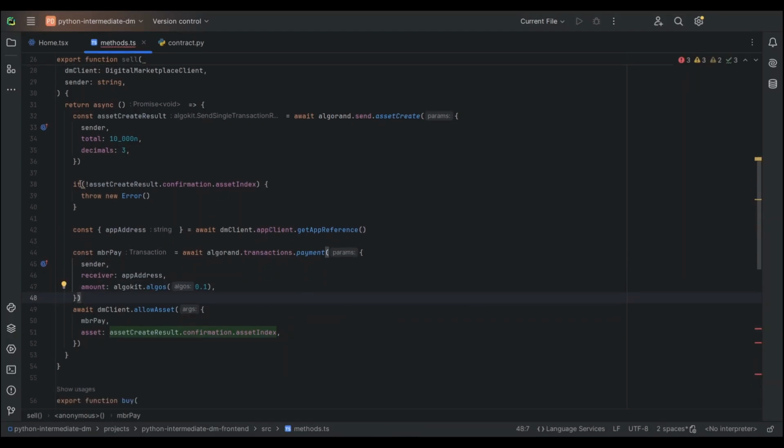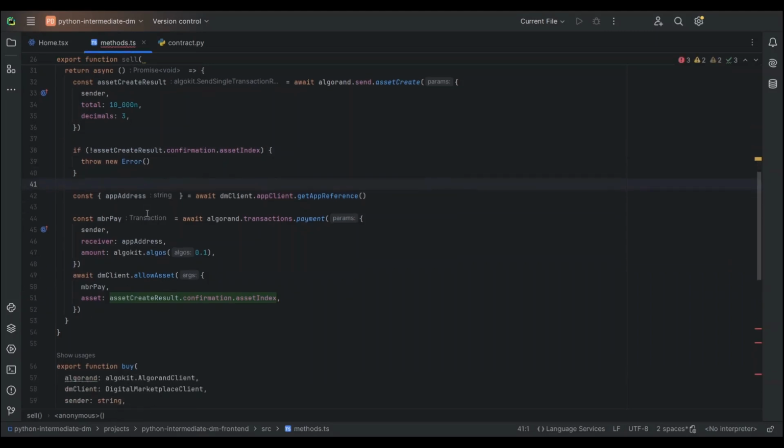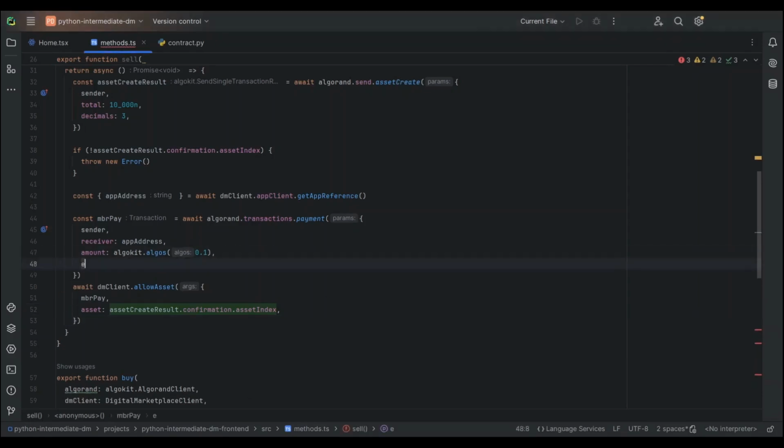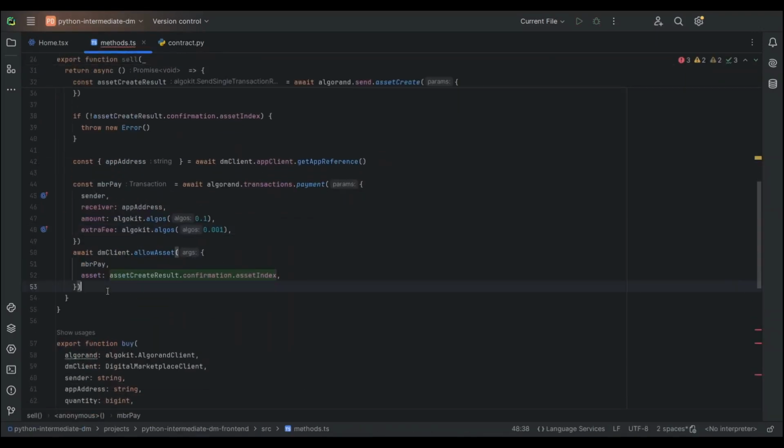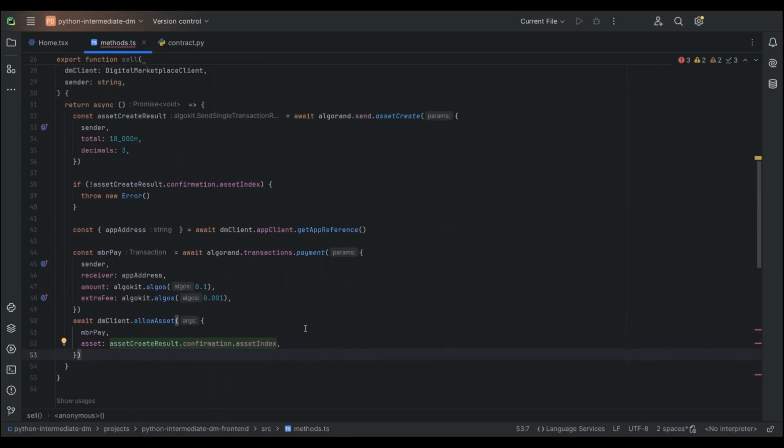What is this? Okay. So I think this should be good. Let me check my notes. Yeah. I almost forgot that we want to also pass an extra fee because the application call is going to issue an inner transaction to opt in that asset. It will be this transaction here. Okay, so now we have allowed the asset into the contract